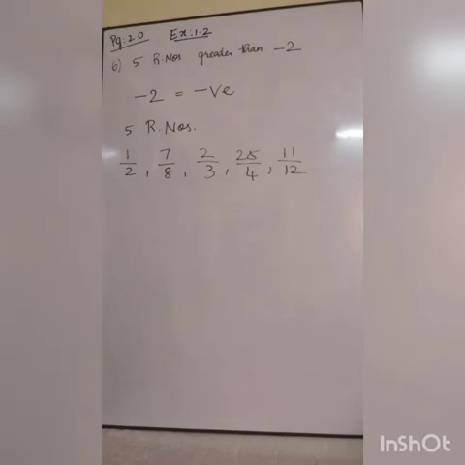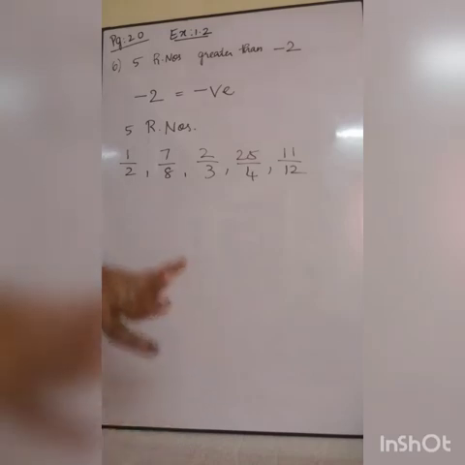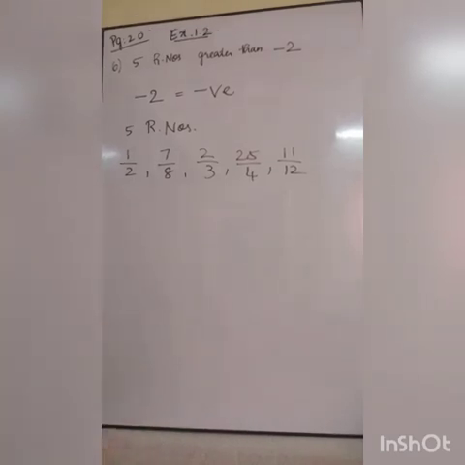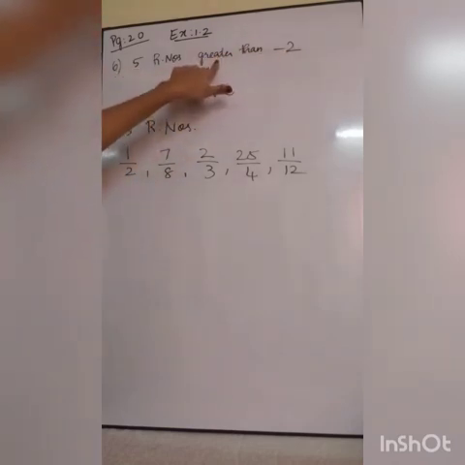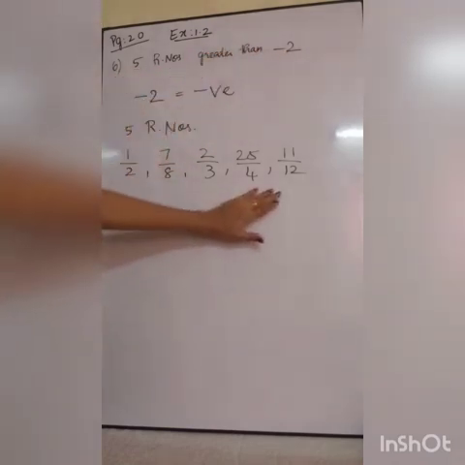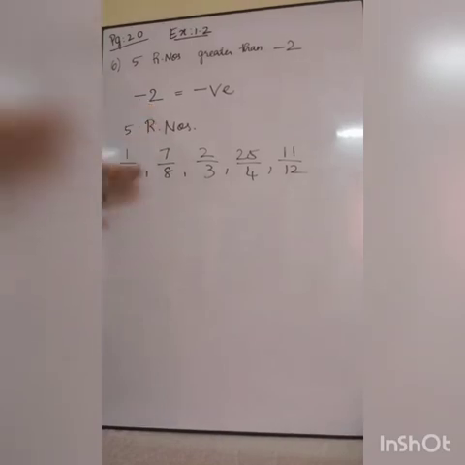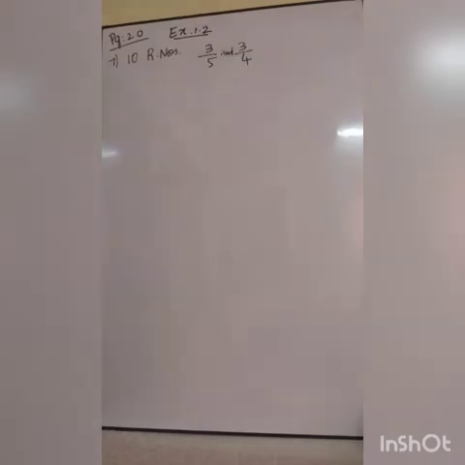Understood? Likewise, in the last problem they gave a positive number and asked you to find lesser numbers, so you write everything negative and it will be less than that. Here they have given a negative number and ask us to find greater numbers. Positive numbers are greater than the negative number, so I can write all positive rational numbers. Five is enough. Understood? Next, the 7th question.